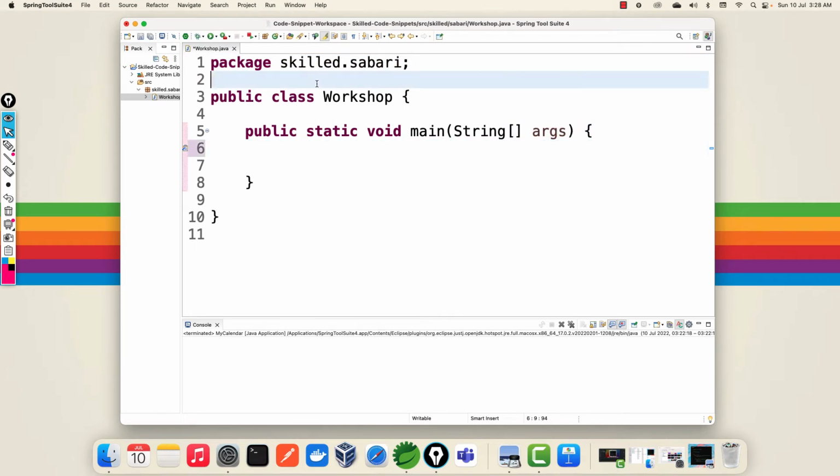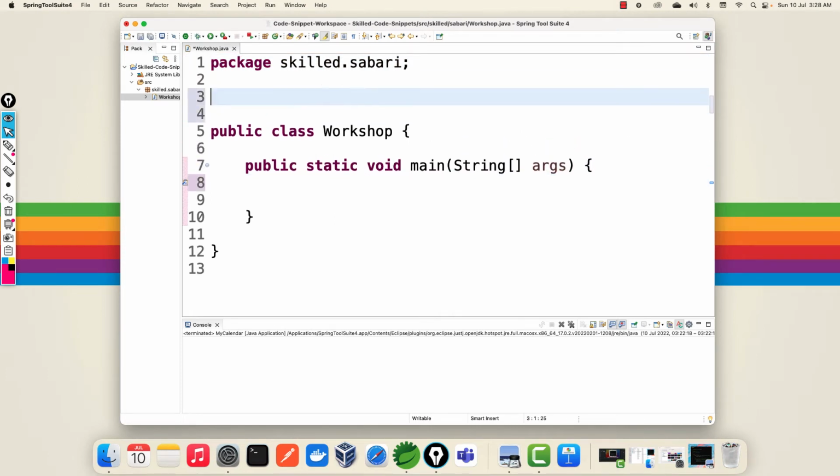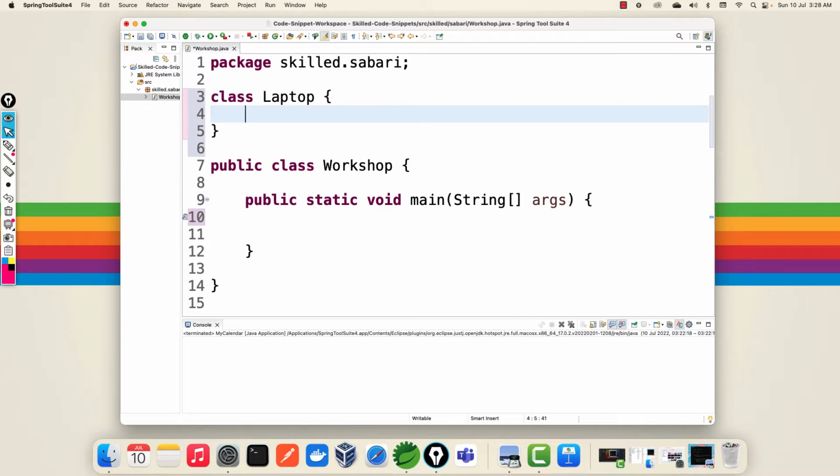Firstly, let's go ahead and create a class called laptop, and this class is going to carry a string variable called memory of 1 GB. The identifier name is memory, and it's of type String,